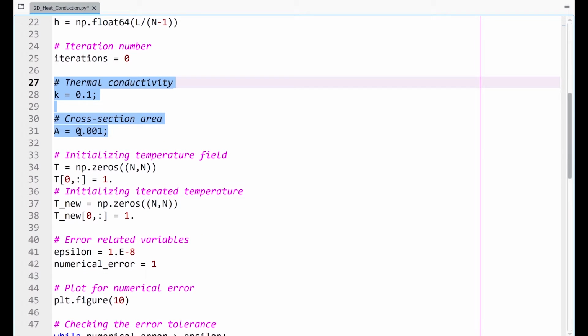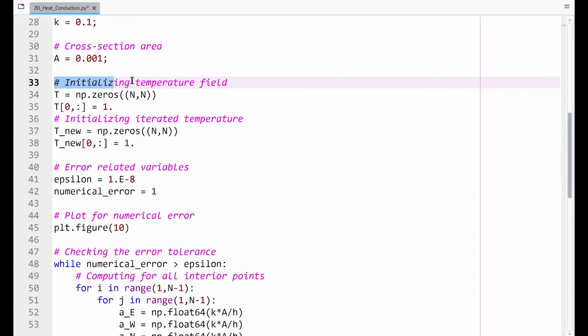So they don't depend on the position here, but in general they can. In cases where you have some variations, let us say your thermal conductivity is a function of x or y, you can have that kind of variation not here but rather inside your looping systems. If you're struggling with that, you can always write to me.